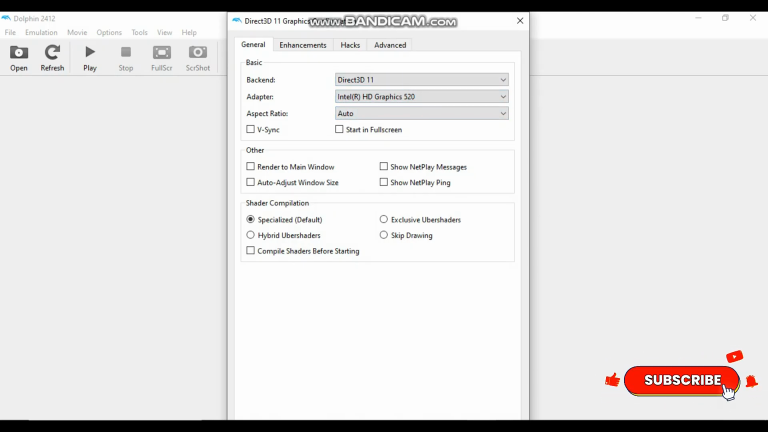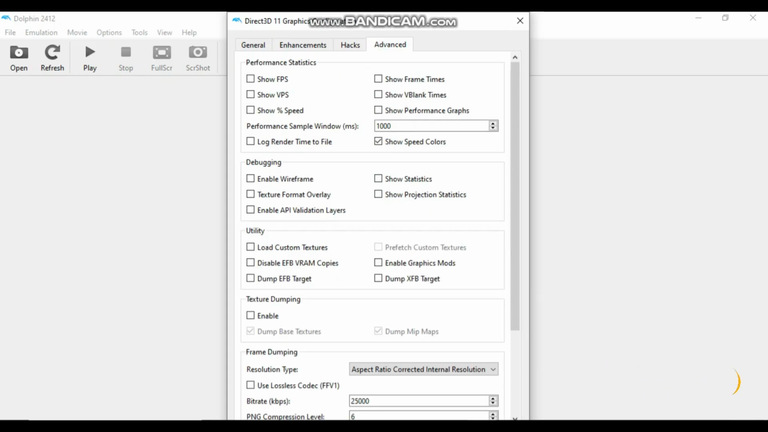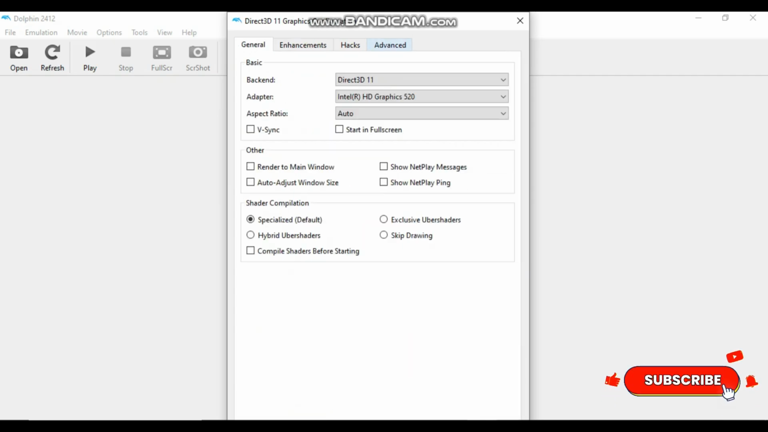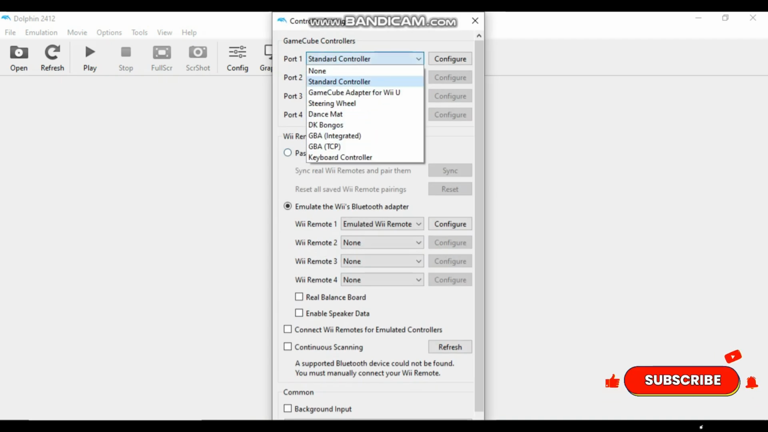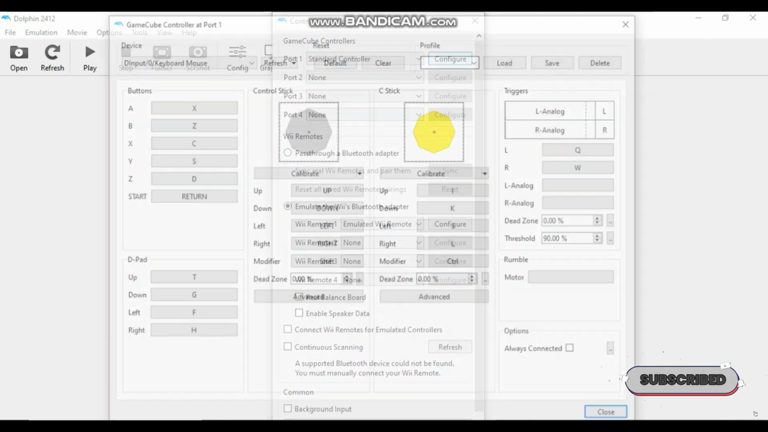edit your settings for your gaming experience. So you can lower or higher the graphics resolution. Also, you can change the controller system as well. So there are lots of options which are available,